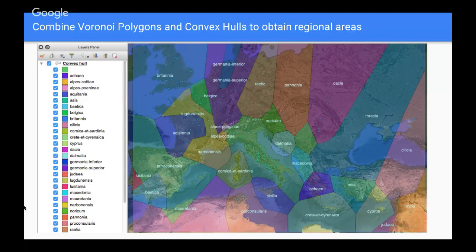This is the result of an analysis that comes from combining an application that's called Voronoi polygons and the convex hulls. Basically, what it does is to isolate the regional areas that a specific algorithm has according to the density of the points that are on the map.